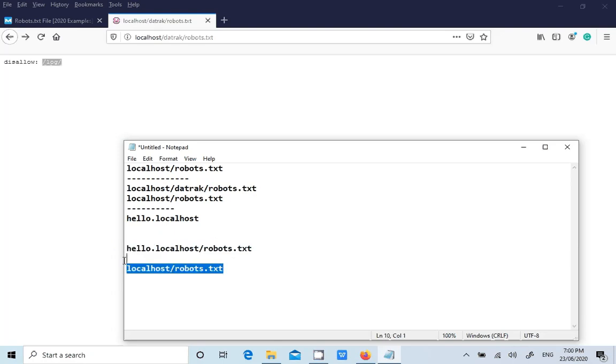So what is the recommendation, guys? Just don't disclose any sensitive file path information in the robots.txt. And second thing, what will be the impact if the attacker can see these files? Then he will be brute forcing for subfolders and files, and he can access the files directly if the website is not protected against forcible browsing. That's another issue we'll talk about later. This is very simple, guys. You just have to put robots.txt, find the file name, and at least report it as a low level security issue.